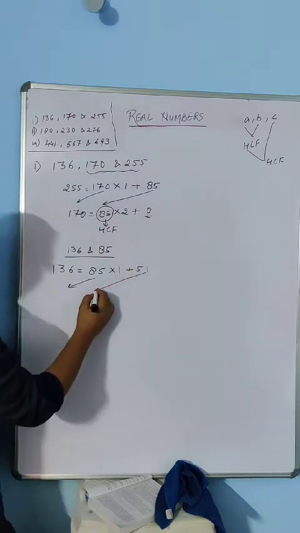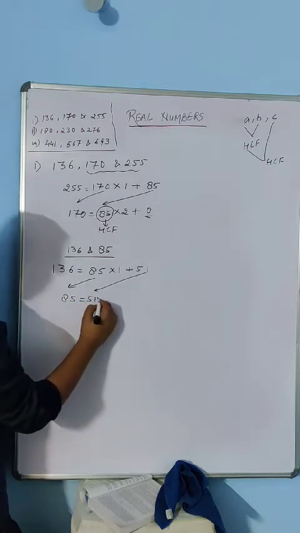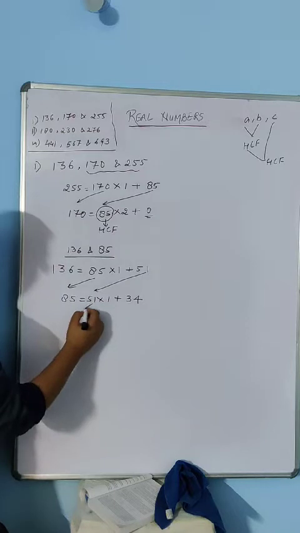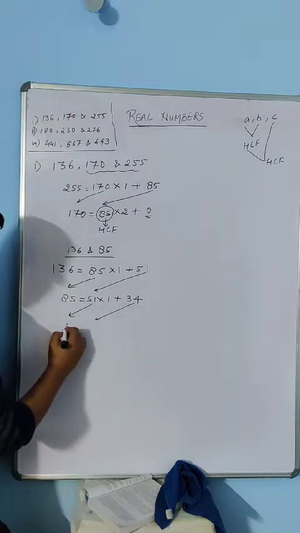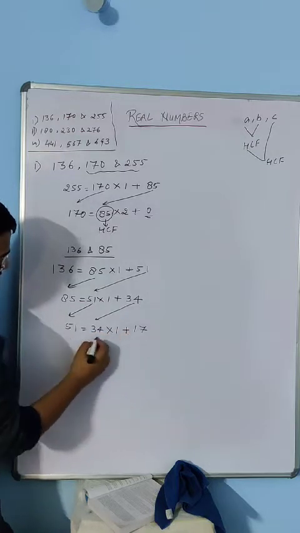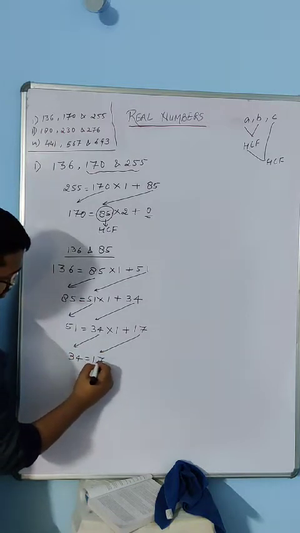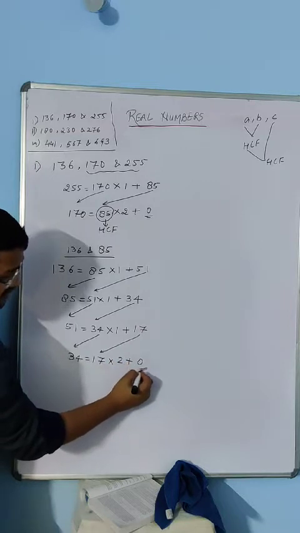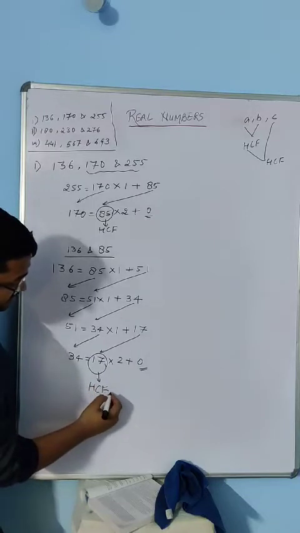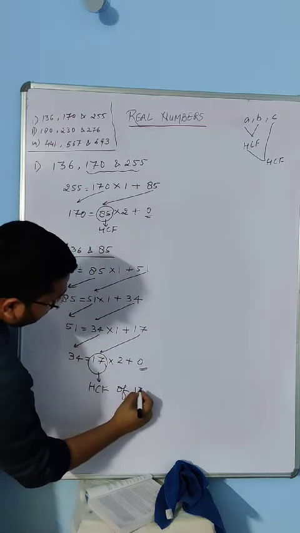You can do it again by division; I did it straight away. So now again, divisor becomes dividend, remainder becomes divisor. Again it goes one time, and this time it gives you 34 as the remainder. Now again 51 by 34, it goes one time, giving you a remainder of 17. Now 34 is equal to 17 into 2 plus 0. So the step at which the remainder becomes 0, the divisor becomes the HCF. So 17 is the HCF of all the three numbers, that is 136,